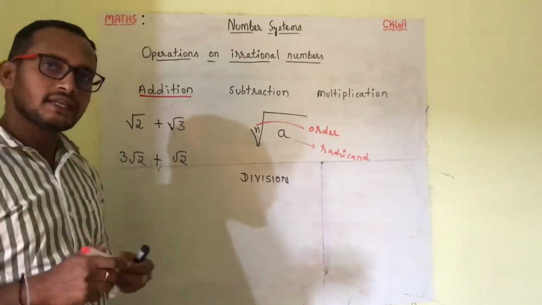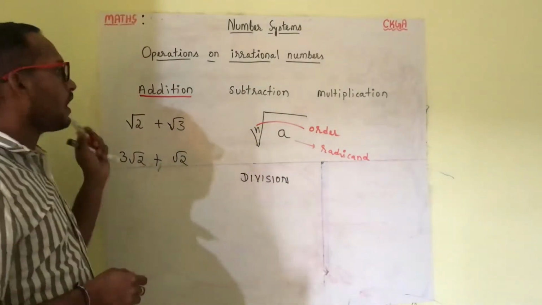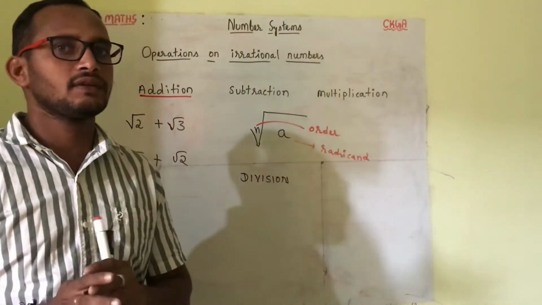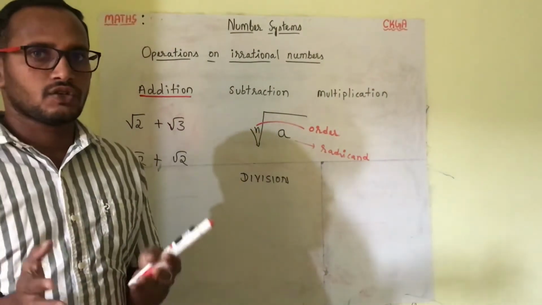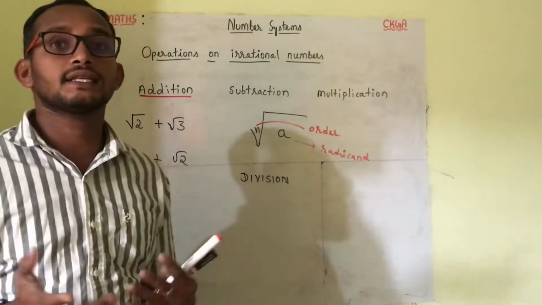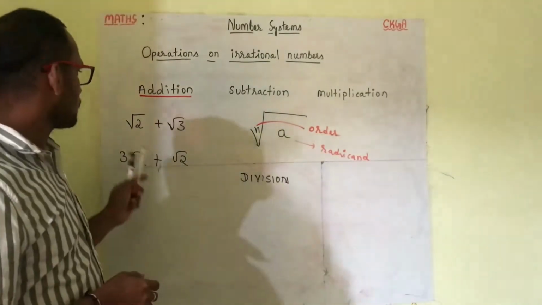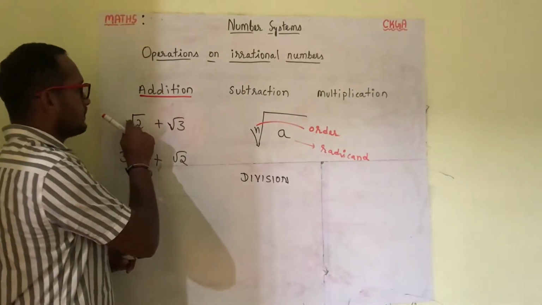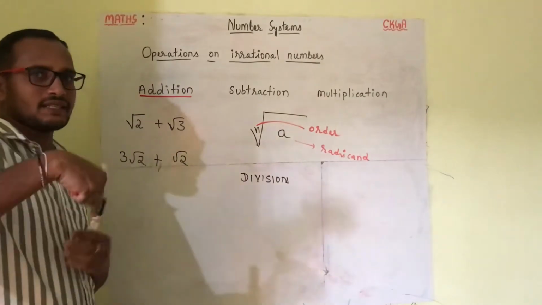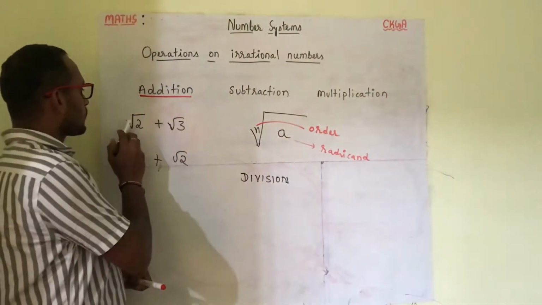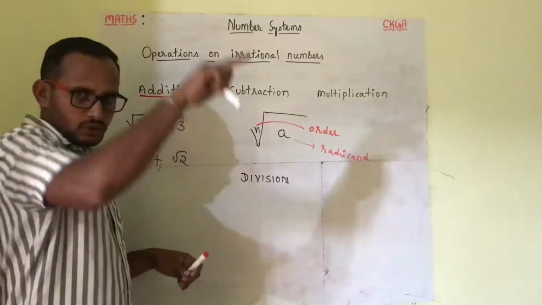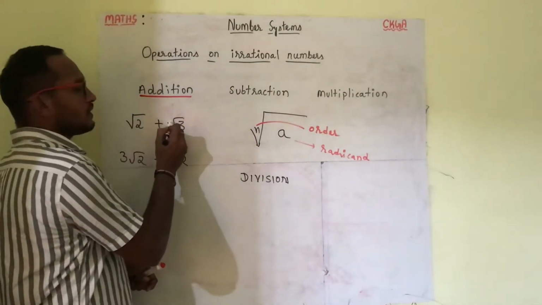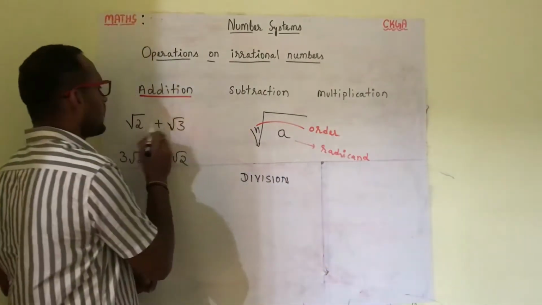Now look at the irrational numbers from the beginning and just look at the orders. If the orders are same, you can consider them as possibly like terms. In the case of root 2 and root 3, just observe, the orders are same. If there is only a root and no number has been written, you can conclude there is a 2 there. A square root represents order 2. Here the order is 2. But what about the radicands? The radicands are different here.